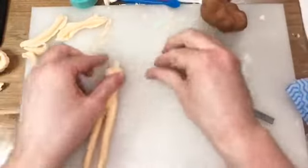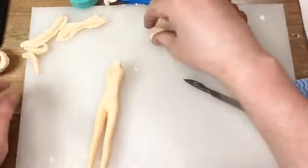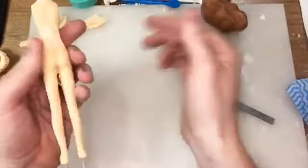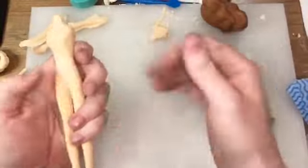One thing that you can't do is be too prissy with it. You've got to really get into it. So if you've got a bit of a lump on the back, you can just get in there and drag it all the way around. You can drag that all the way around to the front, do whatever you need to. And I can't believe I put my hands in